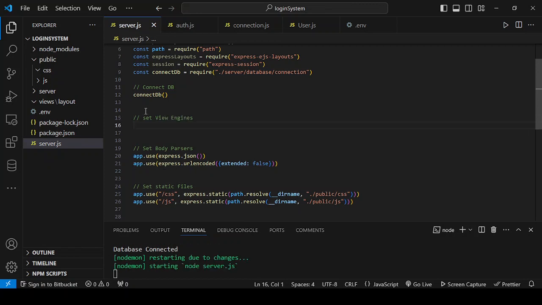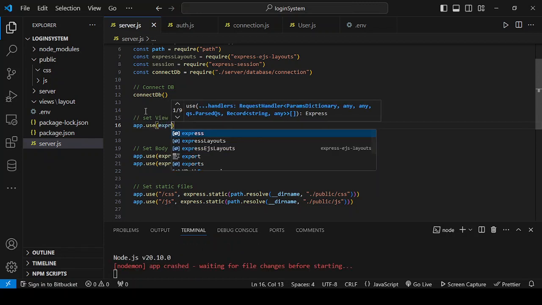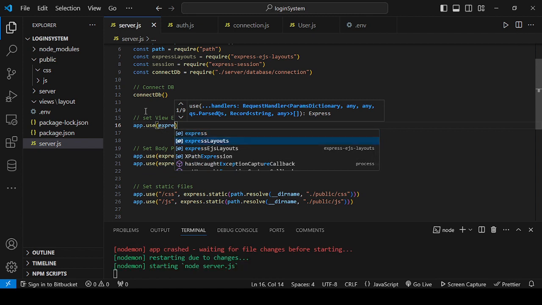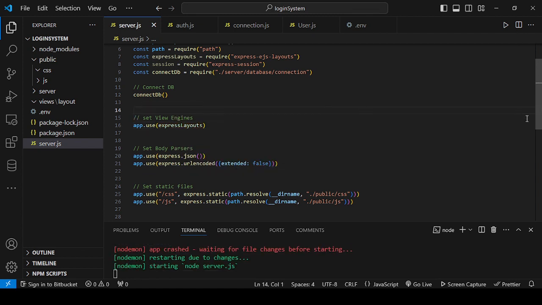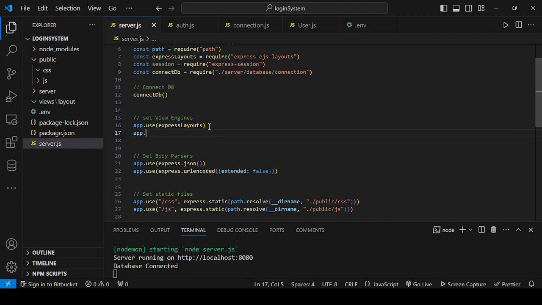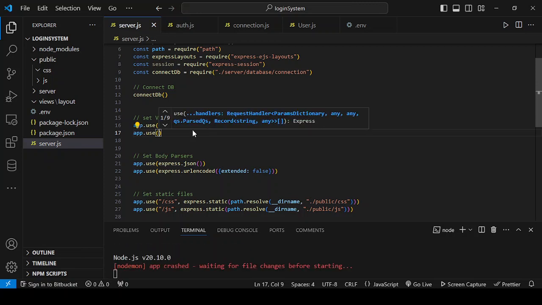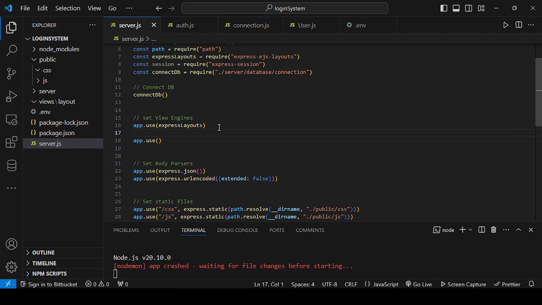What I'll be using to visualize what is happening in the server. So I'll say app.use express layout because I want to use layout. I think that's what I called it here, express layout. Okay. Also app.use, okay, but then app.use,